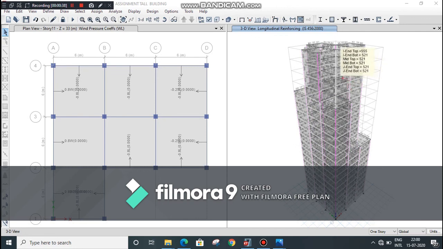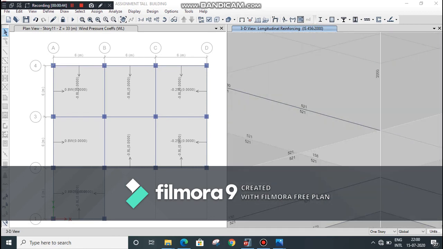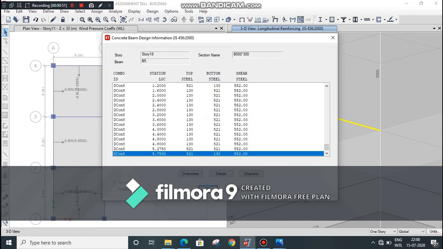You can see reinforcement corresponding to the beam or column. Right click on any beam. You can see here the details regarding the beam: shear steel, bottom steel, top steel, etc. Go to detail option.